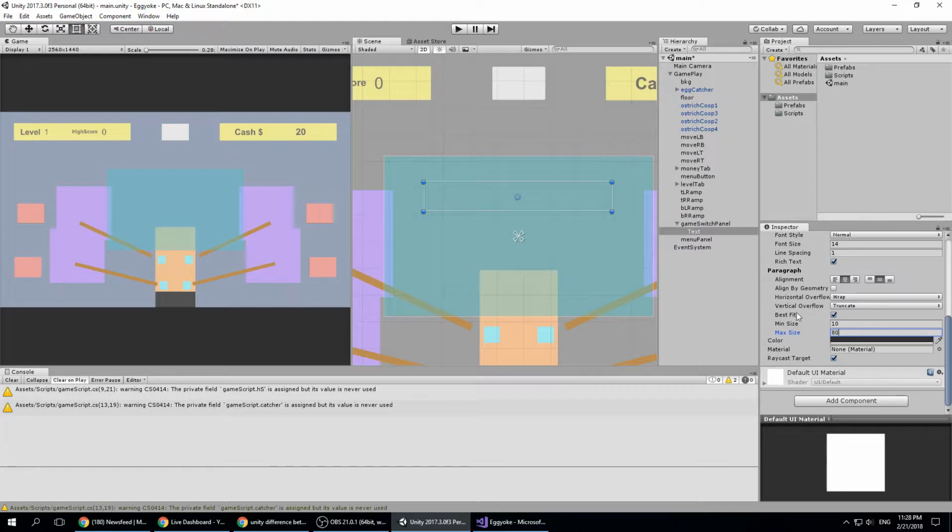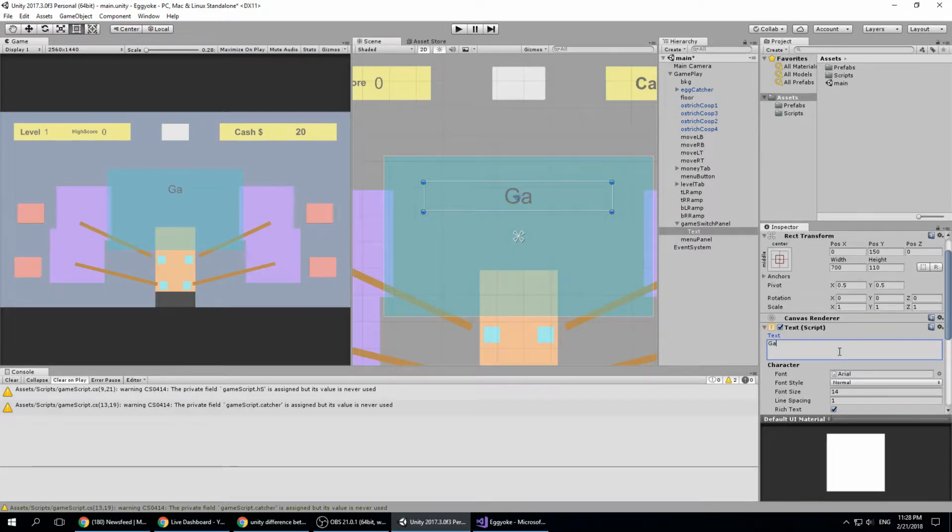We can go all the way to 80. Okay, that's better because it should be a bit of a bigger screen. And there should be only one button. No, we need another text. Let's duplicate this one. Alright, let's go for 0 this time around. And this text is gonna say